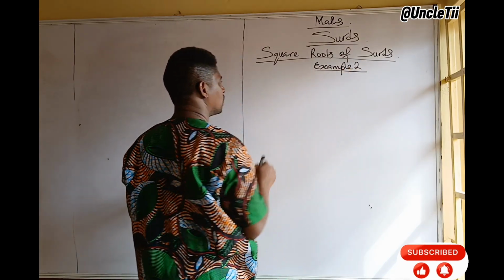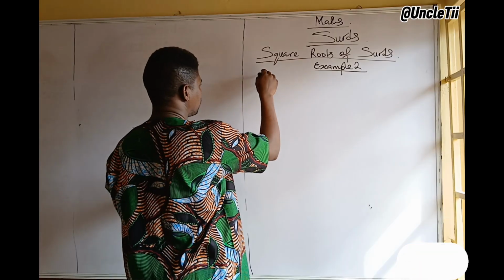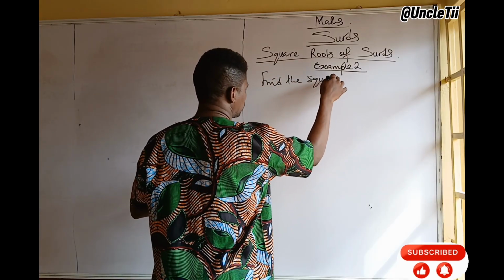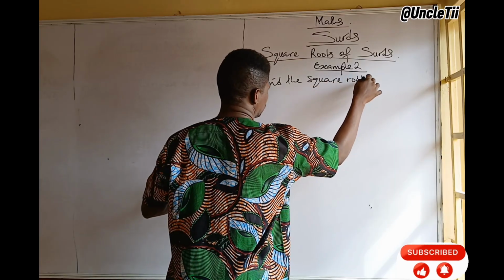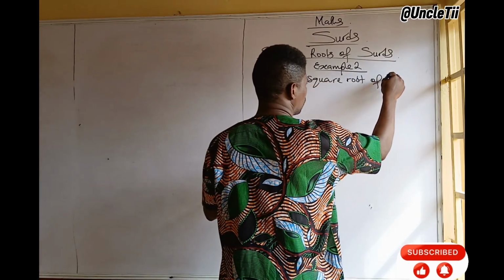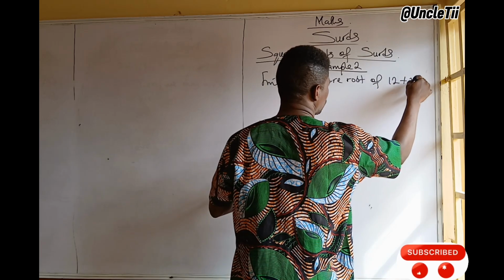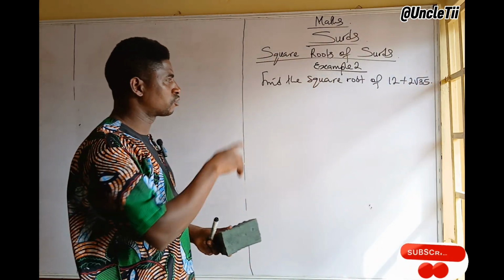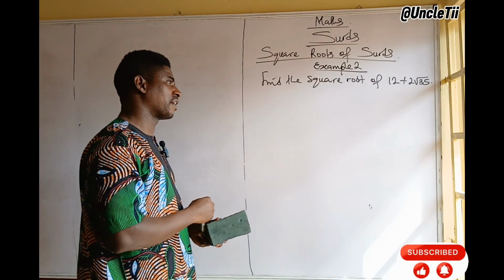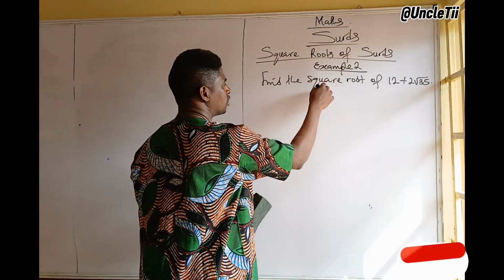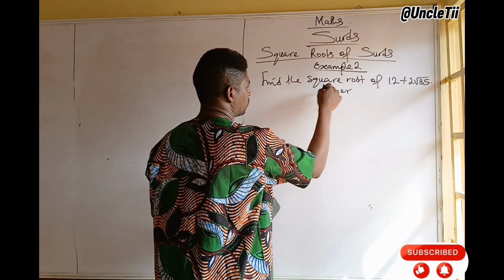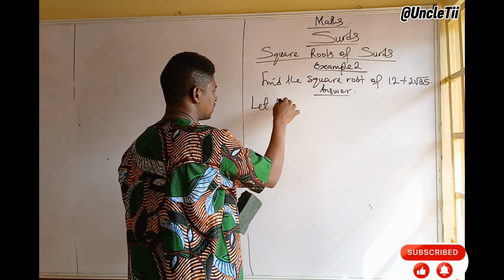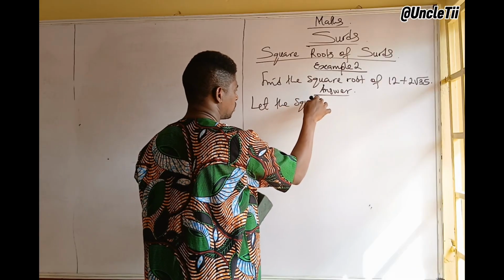Example 2. The example is saying, find the square root of 12 plus 2 root 35. The square root of 12 plus 2 root 35. You must begin by making an assumption. To answer, we'll begin by saying let the square root